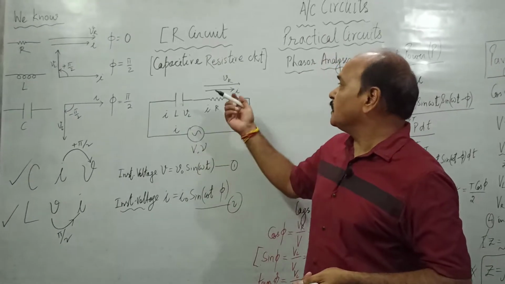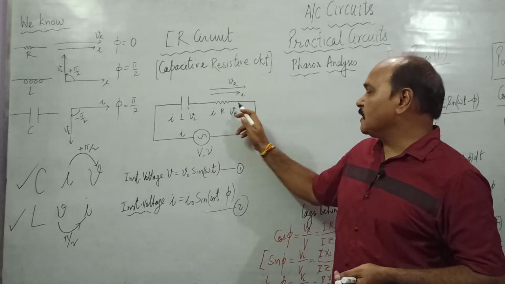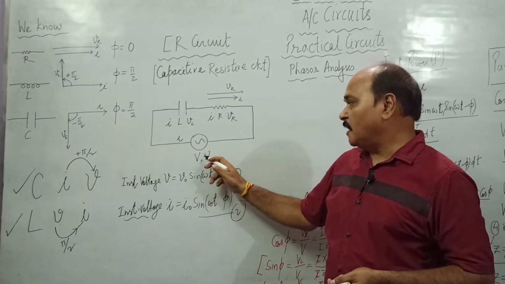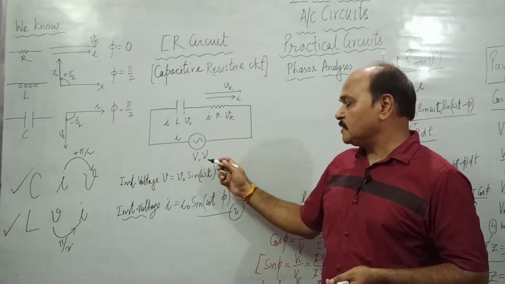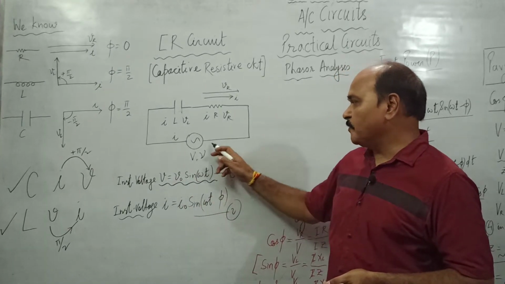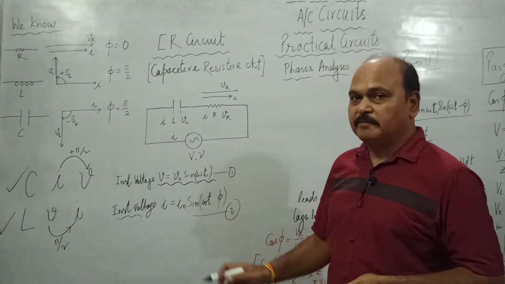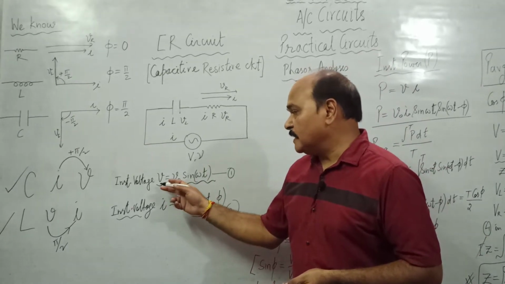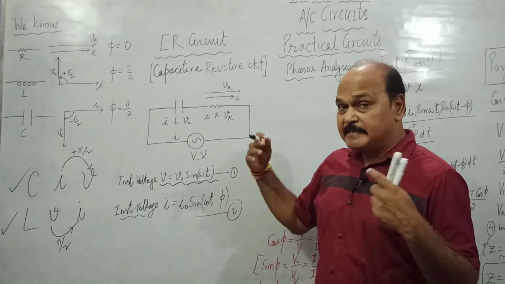Well, we are going to study the CR circuit. So this is a capacitor and this is a resistance connected in series across this source. As usual, this V is the RMS value of the voltage of this source, nu is the linear frequency, and the instantaneous value of voltage V provided by this alternating source is V equals V naught sine omega t. Now we are going to find out the instantaneous value of current across this combination by phasor analysis.